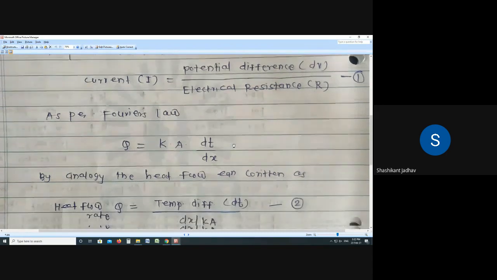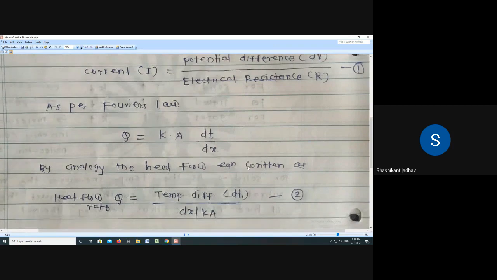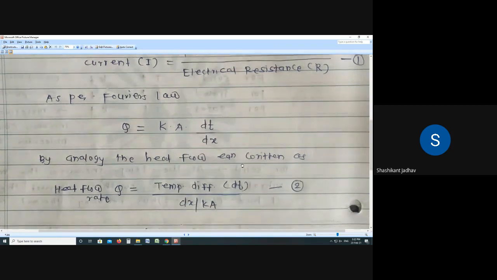Okay, write down at the next line. By analogy, the heat flow equation written as, by analogy means similarity of the electrical equation. In that form we have to write down the equation. So by analogy, the heat flow equation written as, heat flow rate Q is equal to,